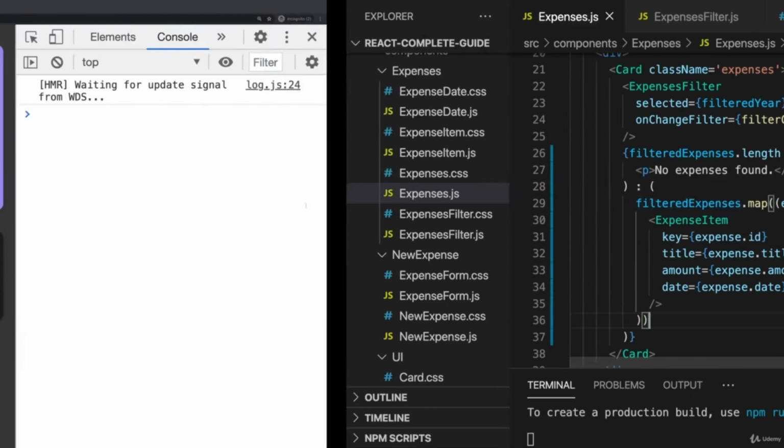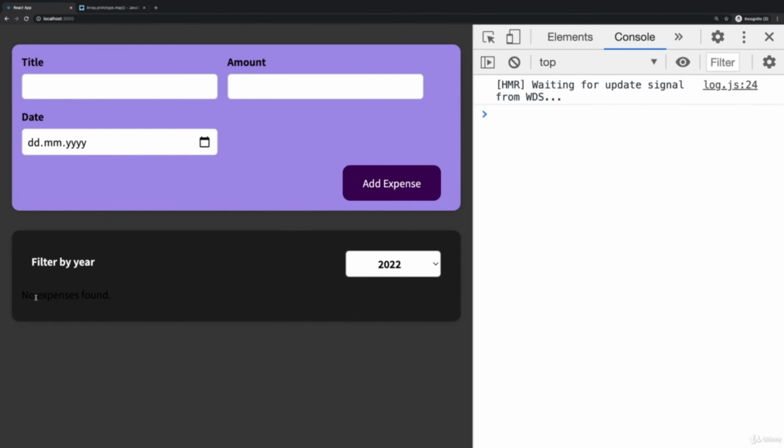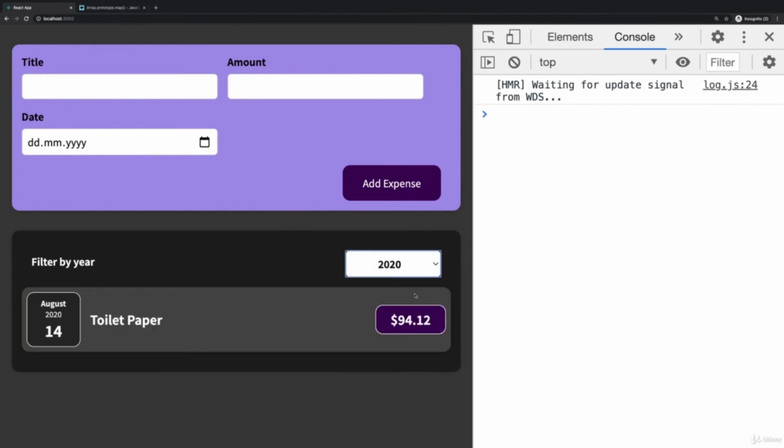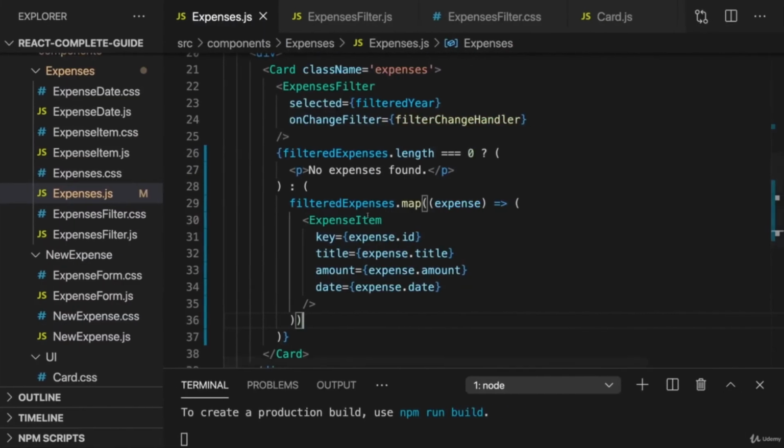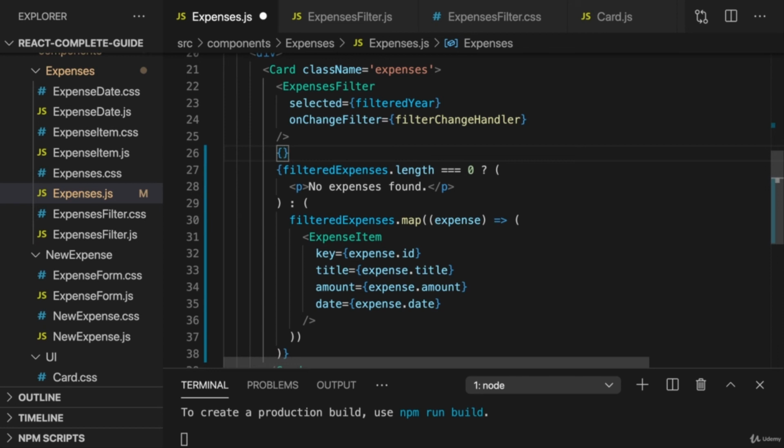And if we save this, you see, I got no expenses found here for 2022, but for 2020, I do have my expense. Now, of course, that's a bit hard to read. We can fine-tune this in a second, but that's how we can render content conditionally. Of course, long ternary expressions like this can be a bit hard to read though. So we can also fine-tune this or restructure this and reuse this condition,